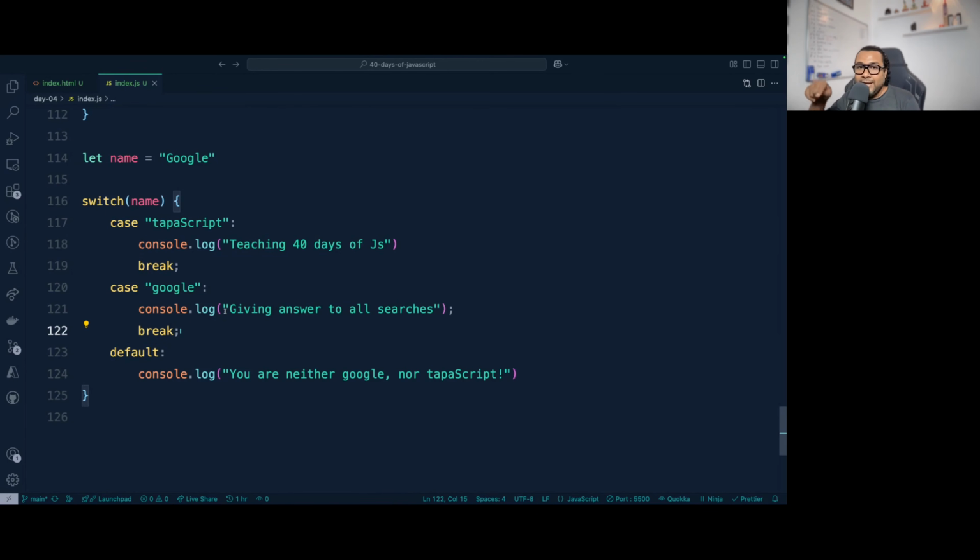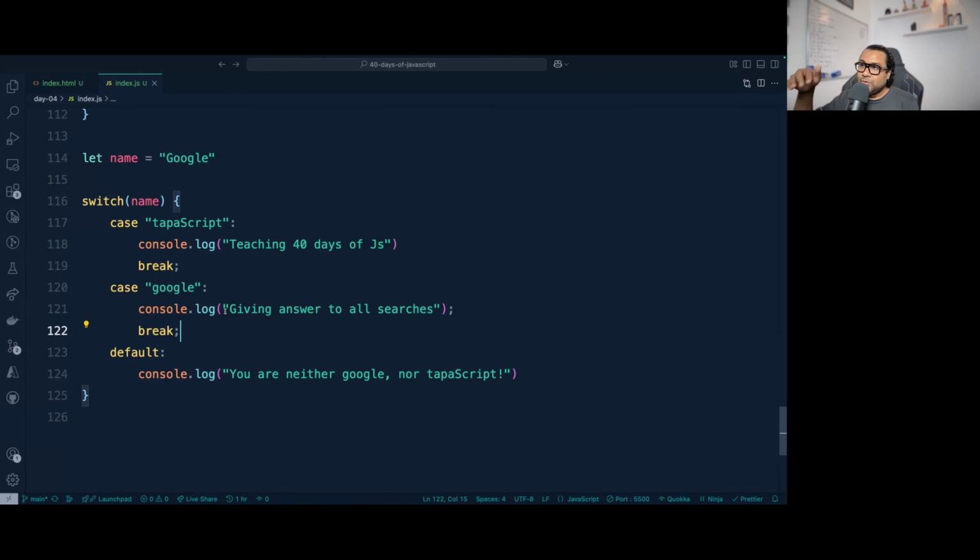In case of if and else, it used to be always sequential. You go to if, not satisfying, go to else, not satisfying, again next else, not satisfying, again next else. But in case of switch case, if the jump table is created, that means in the jump table you have already indexed that for this value, this is the case. For this value, this is the case. Now, whenever there is a value, you can go to that particular row, fetch that particular value, and show it. So the performance advantage of a switch case is more noticeable when you have too many conditions to check.